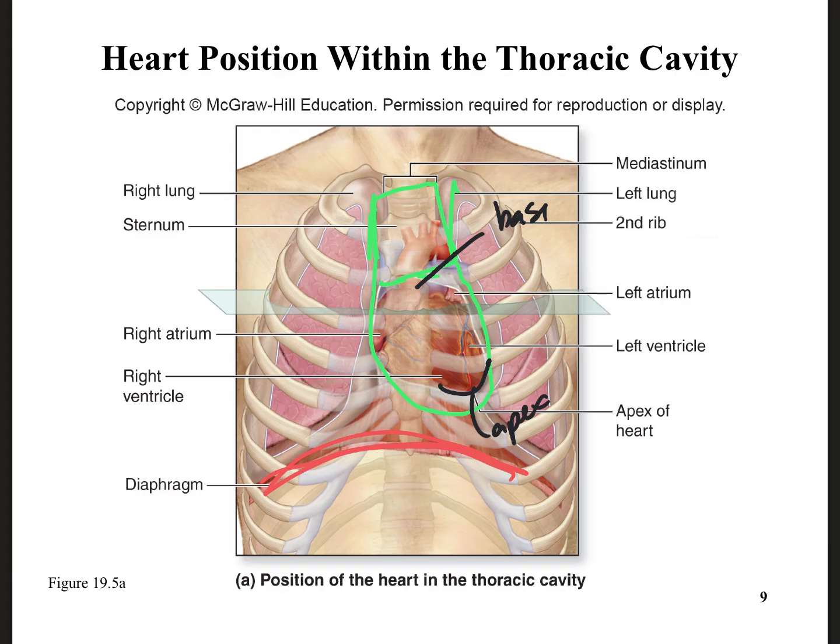The apex of the heart points inferiorly and to the left. That positioning of the heart is a direct result of the development of the fetus during pregnancy. That's a genetic thing, and disruptions of that